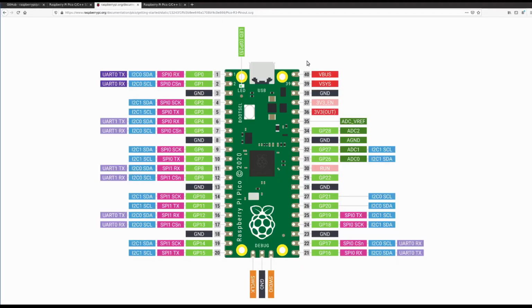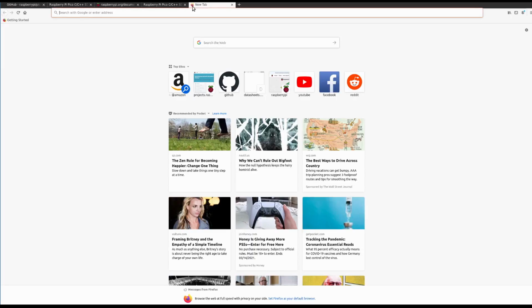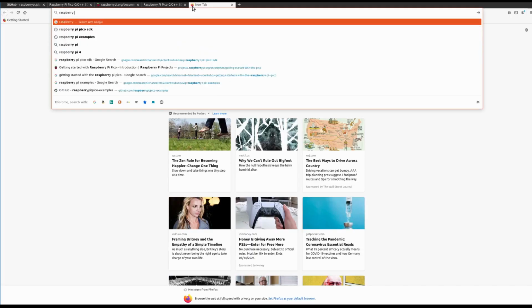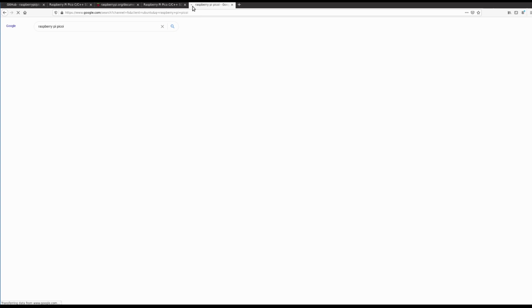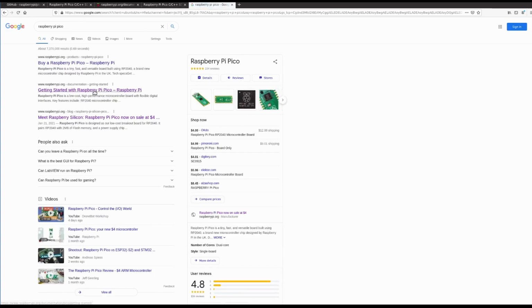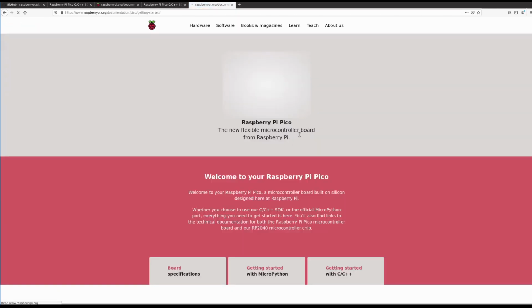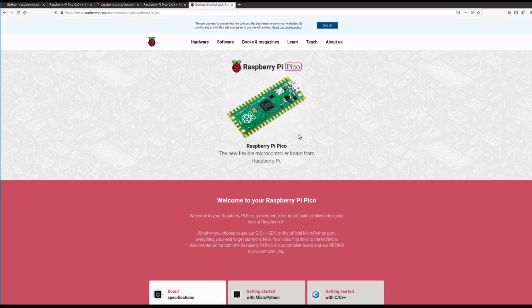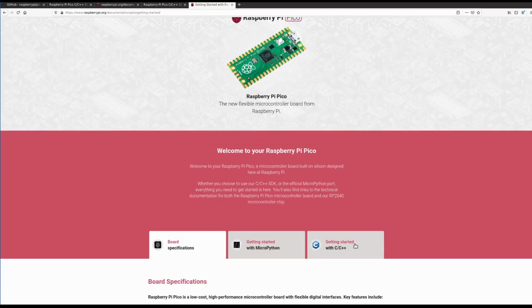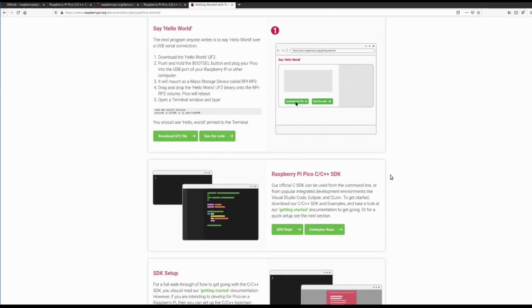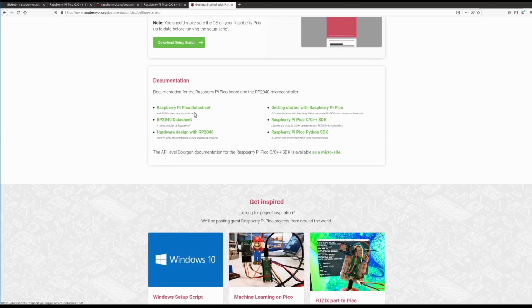So the way we're going to start is we are going to go to Google and search for Raspberry Pi Pico. That's going to get us to the Getting Started site. There are a lot of really good resources here that Raspberry Pi has put out on how to get started with the Raspberry Pi Pico. Specifically, we're going to go to the C++ area, go way to the bottom, and then go to the Raspberry Pi Pico C++